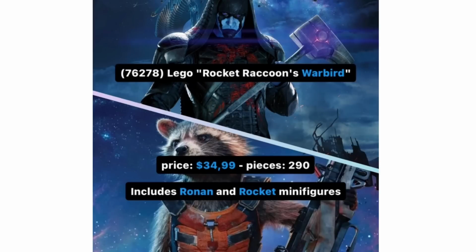Anyways, moving on, we have some information regarding set 76278, the LEGO Rocket Raccoon's Warbird. So this is one of the LEGO Marvel sets that will be releasing for next year in 2024. And the information we have of the set is the following. So it will include 290 pieces, retail for $35, and include only 2 minifigures. I think it's quite unfortunate that we will only be getting 2 figures. I would have definitely preferred to have 3 for the price tag. However, the 2 figures included are Rocket Raccoon, of course,